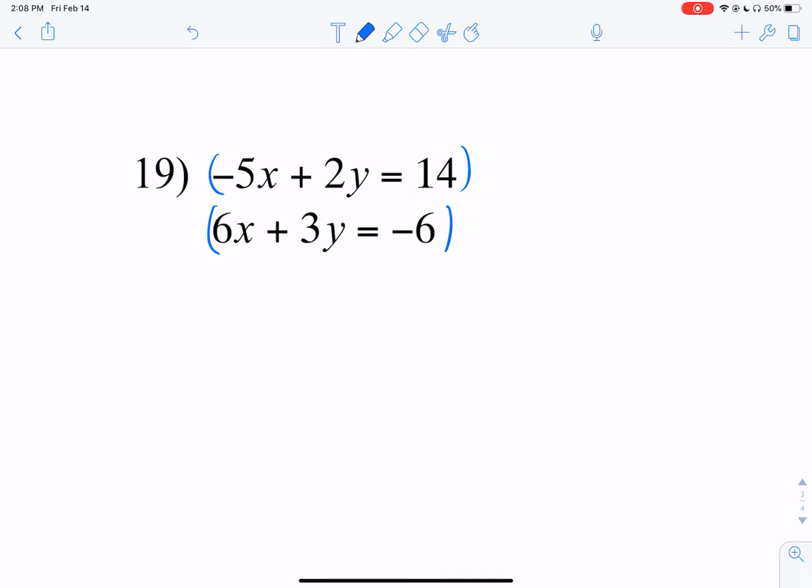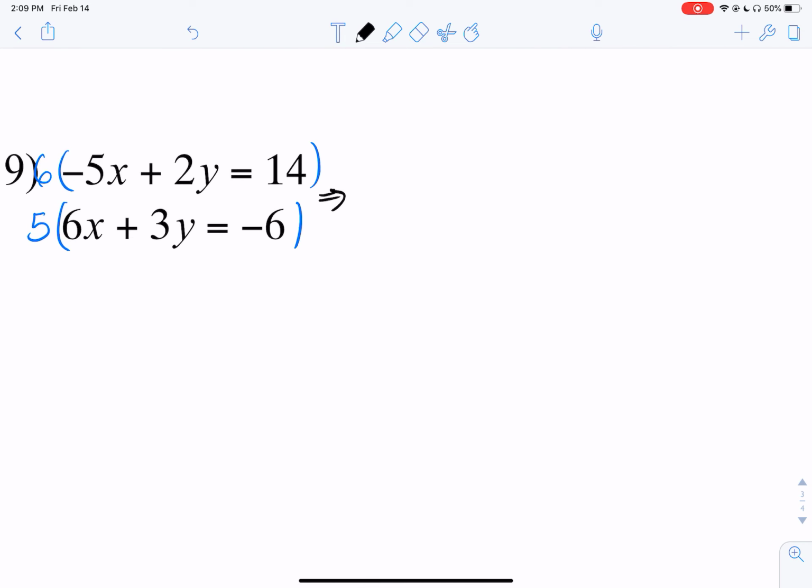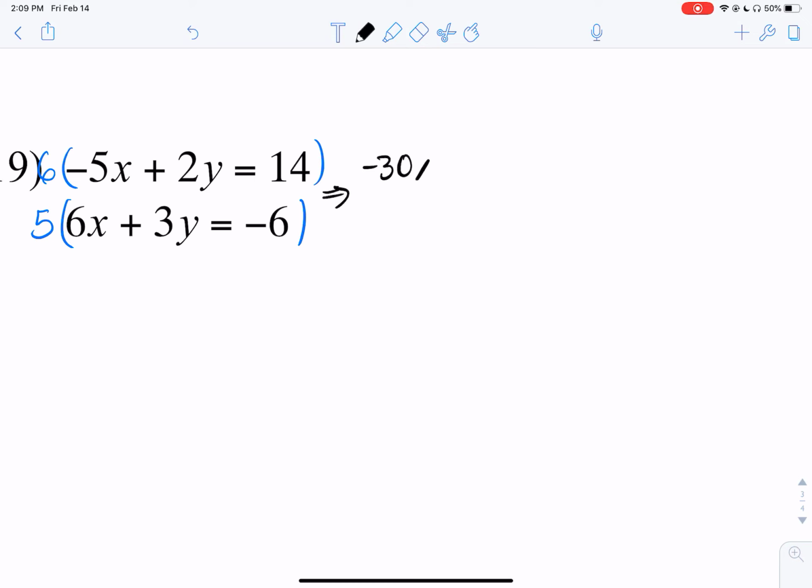So the trick for this example here is to eliminate one of the variables. I'm going to decide to get rid of the x terms. So to do that, I'm going to multiply the top equation by 6 and the bottom equation by 5. So the common multiple is 30, and I end up with opposite values. So the top equation multiplied by 6, that's going to give you negative 30x,